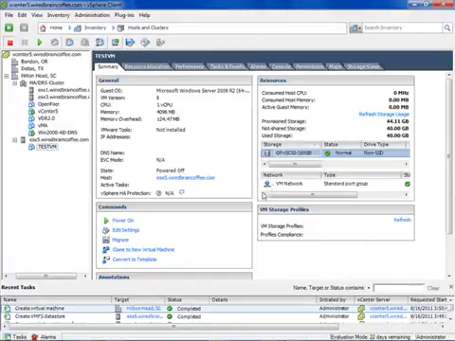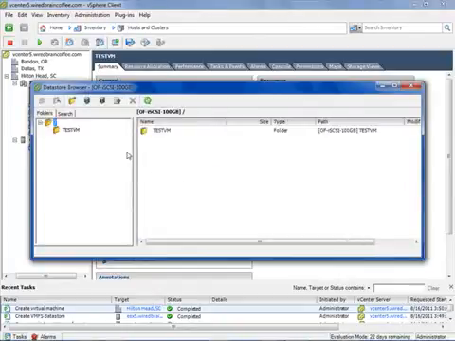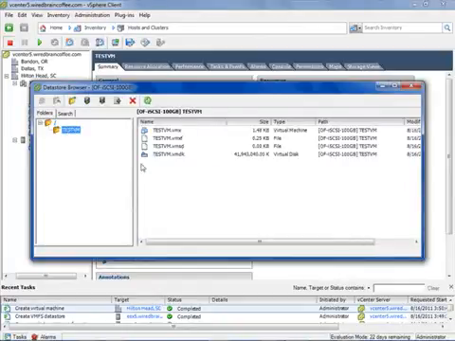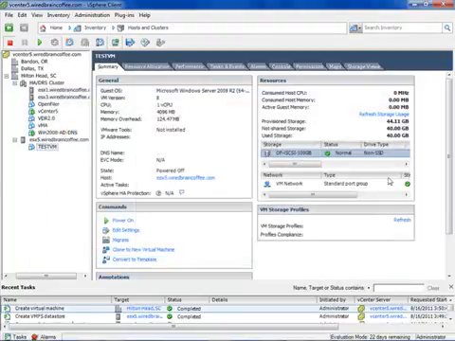I can right-click on it. I can browse the data store. We're browsing the iSCSI SAN, and we can see a virtual machine and its files have been created. Awesome. Total success here. We were able to create a new virtual OpenFiler iSCSI storage area network completely free as a virtual machine, configure our ESXi server to connect to it, format it with the VMFS file system, and put a virtual machine on it. So with that, let's go back to our slides,